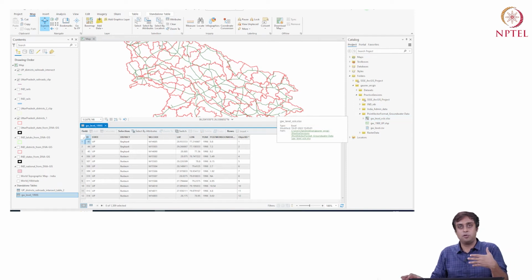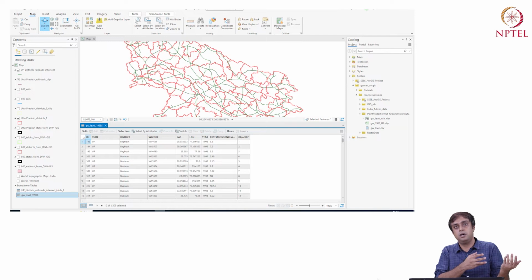Remember, if you recall from previous sessions, when we had a shapefile, we could simply drag it from the catalog to the map window and it would be added to my contents pane and I could visualize the data. Here that didn't work, so I had to manually add data from here.